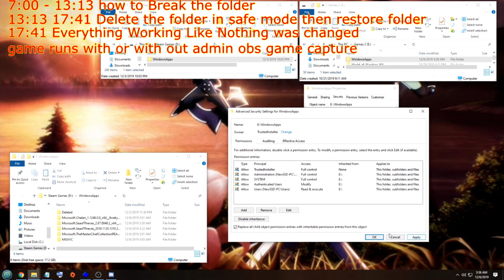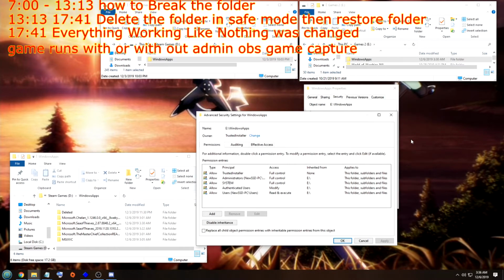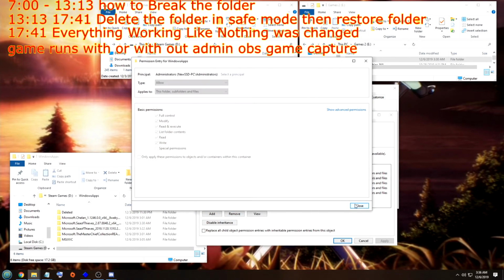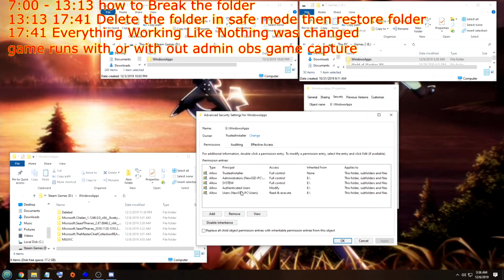Go down here, hit the replace button for this. Hit apply again, and since I've already done it, it'll pop up something here, and you just hit OK for everything. Then you go down to administrators. You can't edit it yet, so the only way to start editing this is